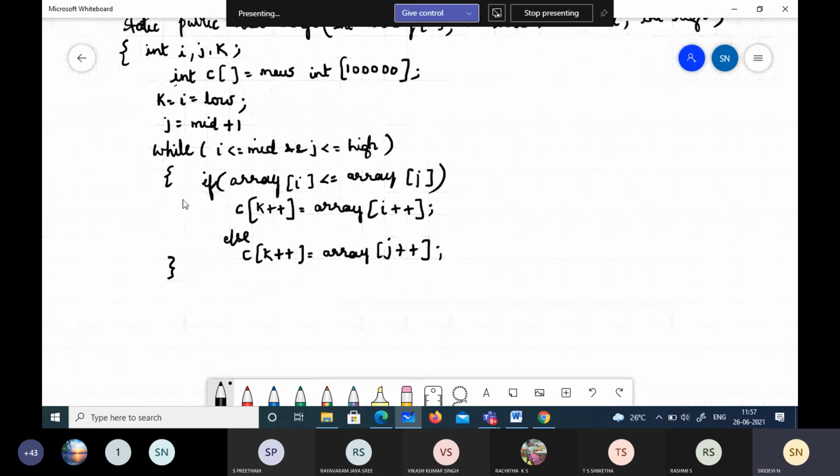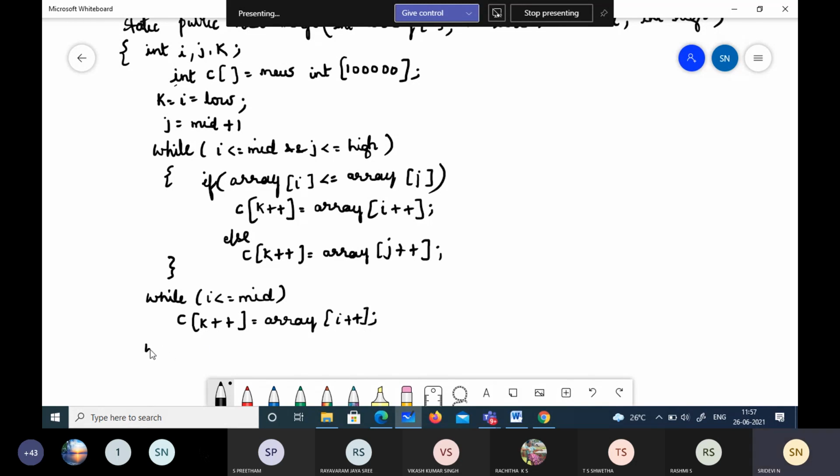So what are we supposed to do after coming out of this while loop? We will check while I is less than or equal to mid. In that case, what you do? You just copy it. Copy and store it in C array, all the elements. Okay.